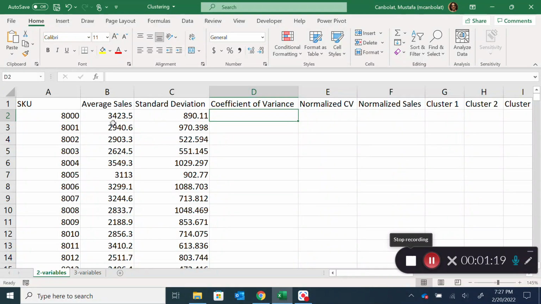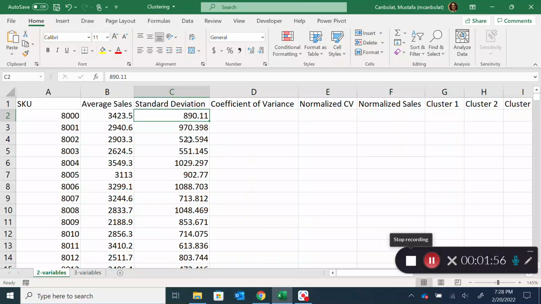and average sales amounts for each product and the standard deviation of the sales. Some standard deviations are high, some of them are low, and some average sales are high, some of them are low. The standard deviation by itself may not be a good variable to use when you are doing clustering because the magnitude of the standard deviation makes sense when you compare it against the mean value, the average value. It provides you the magnitude of the standard deviation in relation to